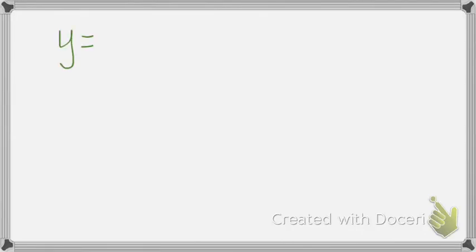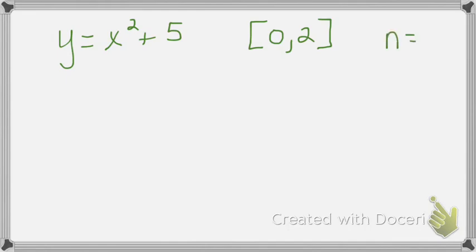Okay, so let's say you have y equals x squared plus 5. And it'll give you an interval, like it'll say 0 to 2. And then the problem's going to tell you like n is 2, or it might say the change in x is 1. Okay, so what all that means is find the area underneath this curve